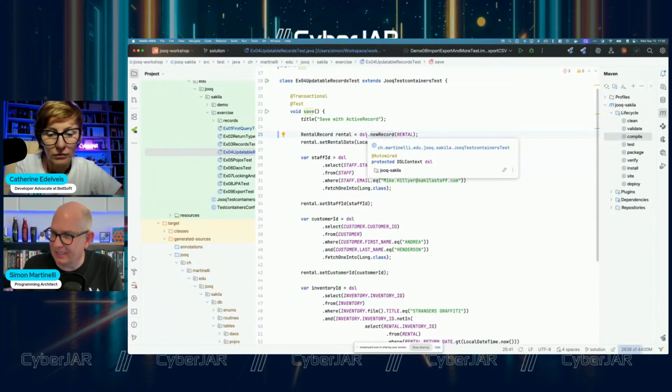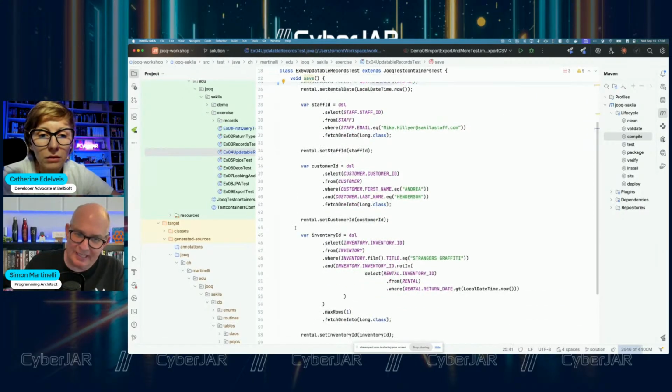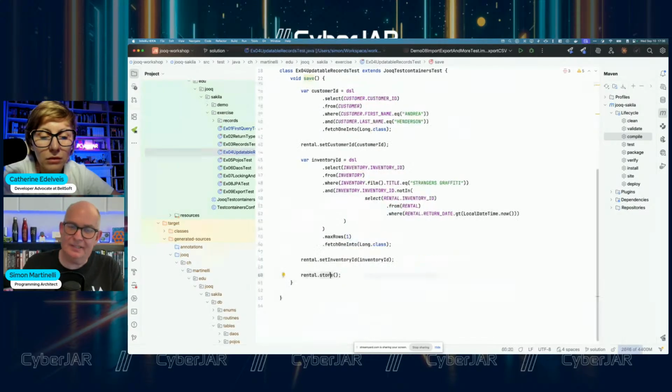So you have a class that you use to access the database. The entity manager factory and the DSLContext are a bit similar. The new record just creates a rental record, but also assigns it the current database context. So if I set the IDs and so on, and then call store, the active record has access to the DSLContext to save to the database.